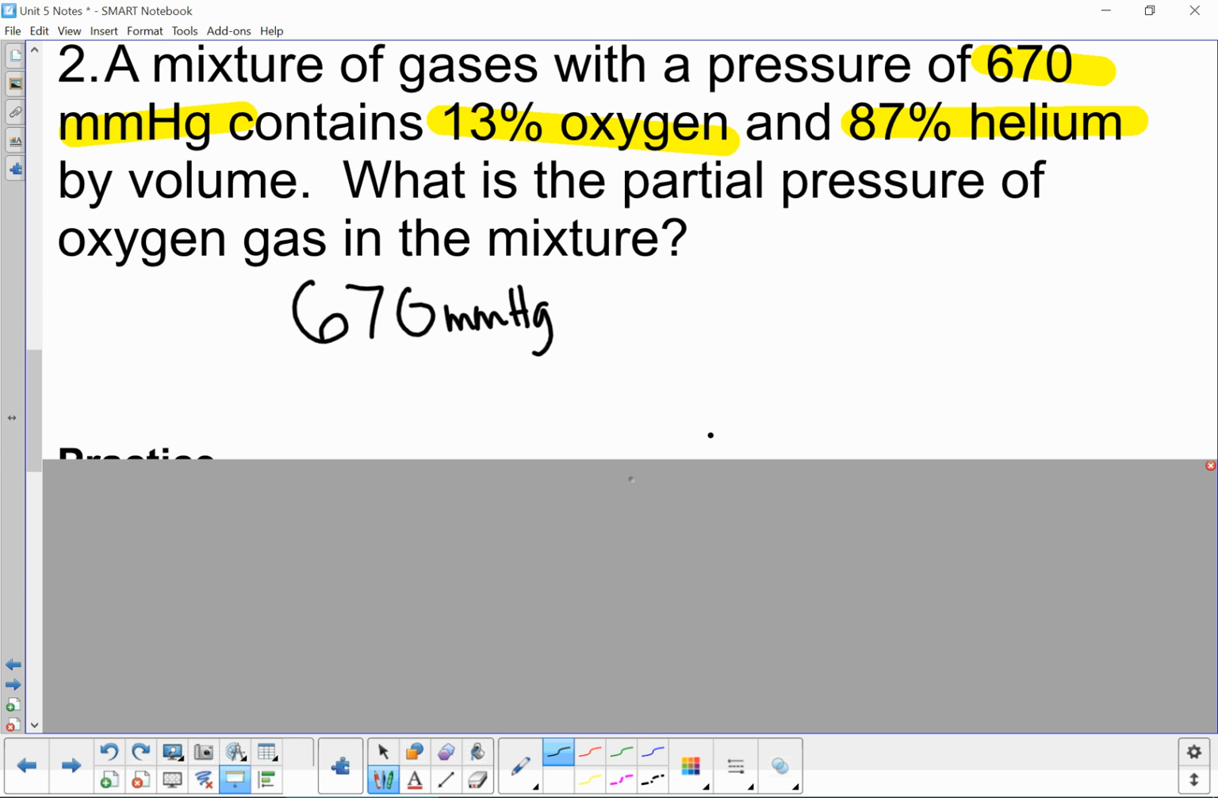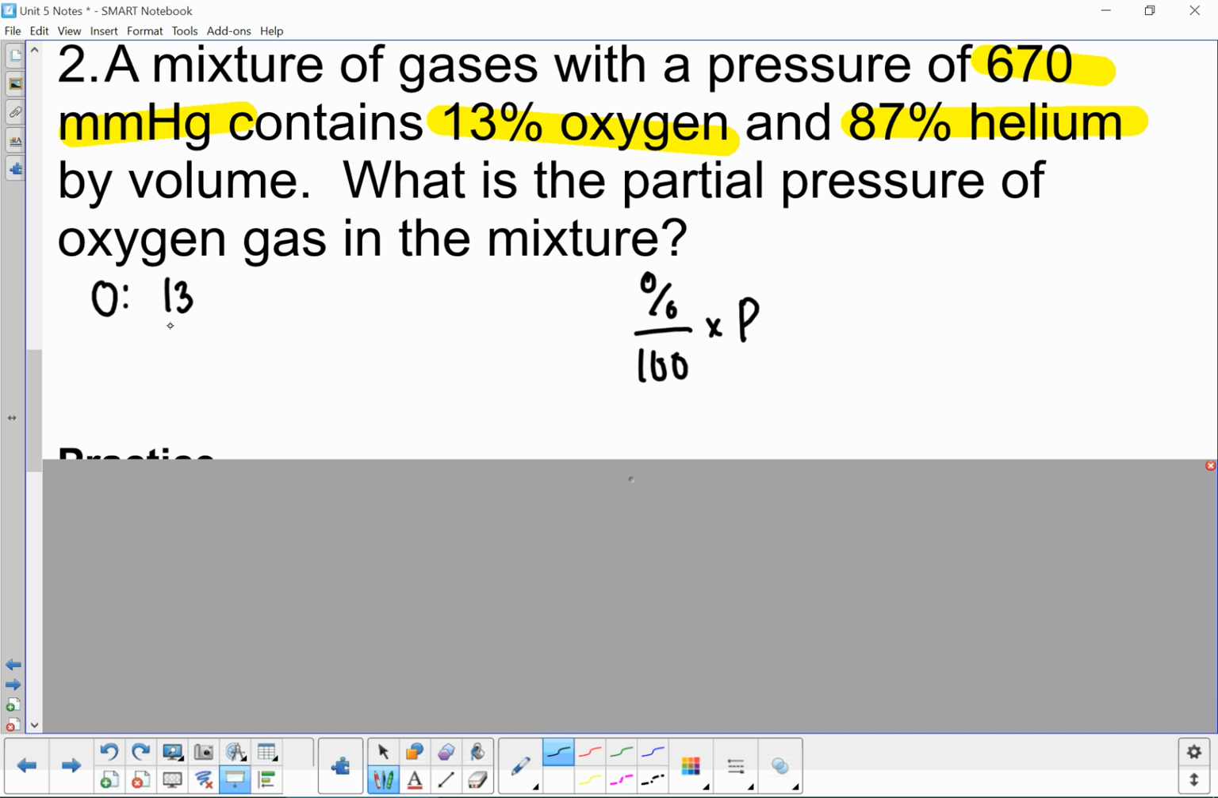But now I can't just add up 13 and 87 because they've given me percents. Whenever they give you percents, you just basically need to remember the math that you know. And so what you're going to do is you're going to do the percent over 100 times the total pressure. So we're going to do that for both of the things that we're given. So let's do it for oxygen, because that's what they asked me about. So the percent that they give me for oxygen is 13 divided by 100 times the total pressure of